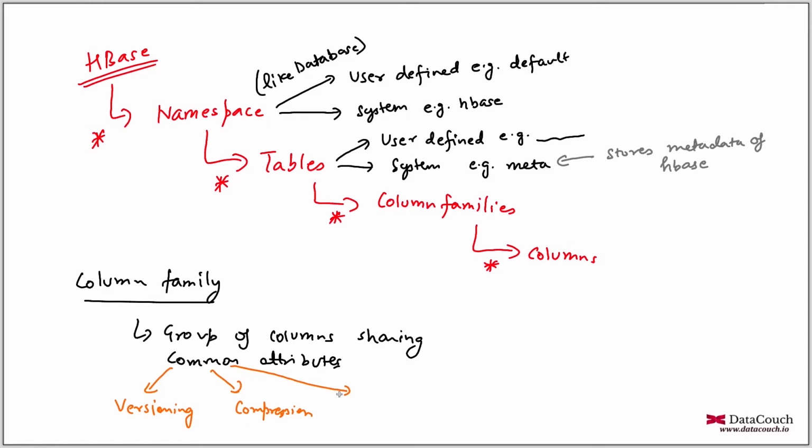Similarly, you will find there are other attributes, like TTL. TTL means time to live. So you want the data on the cluster to expire after some time. Maybe you have a banking domain, and in the banking domain you want to remove the details of the credit card after the settlement process is done. So I'm just thinking aloud, maybe a scenario where you want the data to expire.